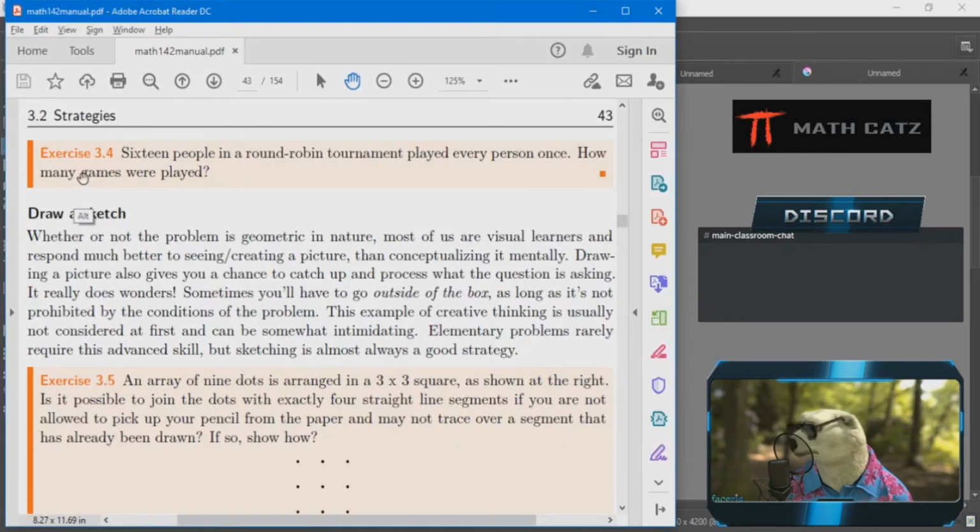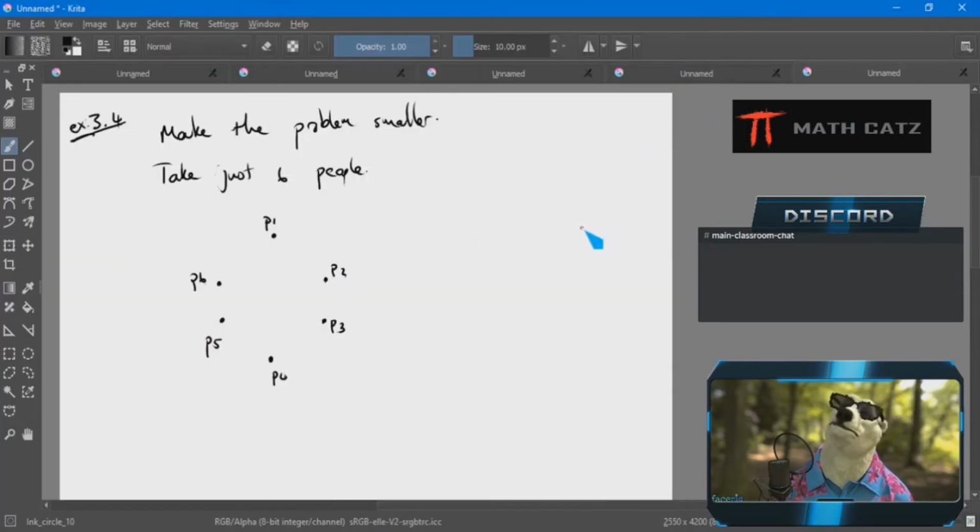Okay, I'm doing the exact same thing. Now only 6 people are playing in a round-robin tournament. Everyone plays everyone once. How many games were played? So I'm not changing the question. I'm just making my life easier to try and figure out a strategy. It's not the same as asking different questions on the way. It's slightly different. Okay. So now I'm going to make a little table here to keep track of the games played